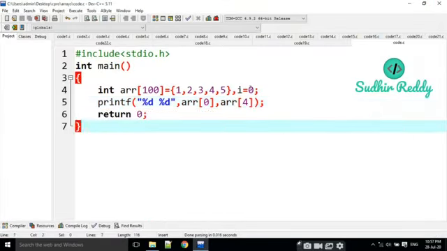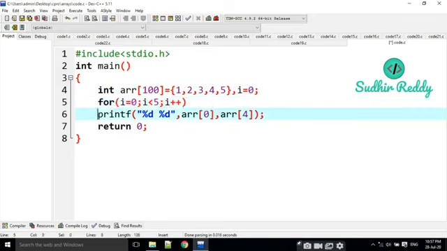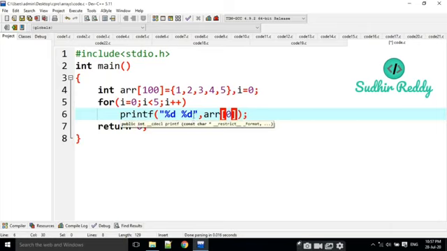Now I am going to write one for loop: for i equal to 0, i less than 5, i plus plus. Inside it I am going to print the values of the array. Instead of a constant value like 0, I am going to give a dynamic value, that is i.